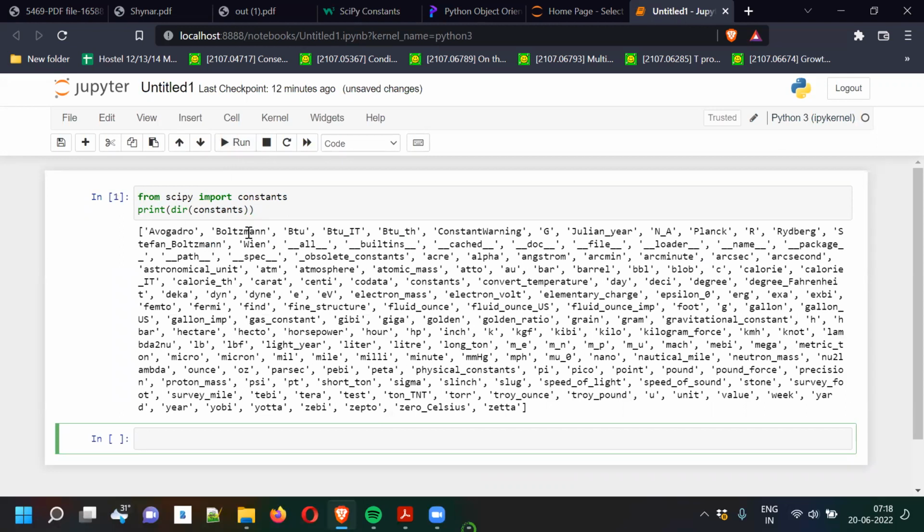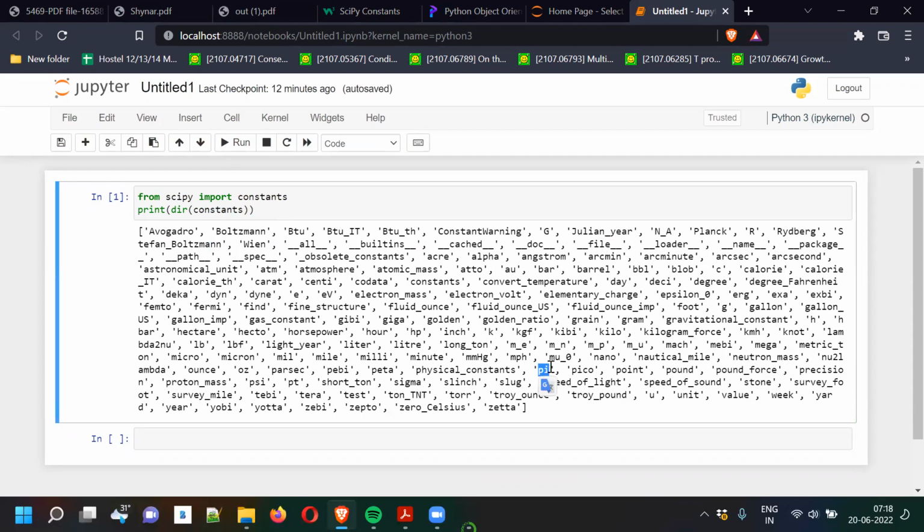And how do you use them? Exactly the way they are written, with constants. For example, you will have pi here. Look at this, pi is here. But you will use it by typing constants.pi, correct? Similarly, you have many other constants. For example, from chemistry, you have Avogadro's constant. I don't know if you remember from 11th, 12th standard, there was some such thing. Avogadro's constant, Boltzmann's constant from physics. Then there are some other things from physics and chemistry, BTU, Julian year, Planck's constant, R as in,